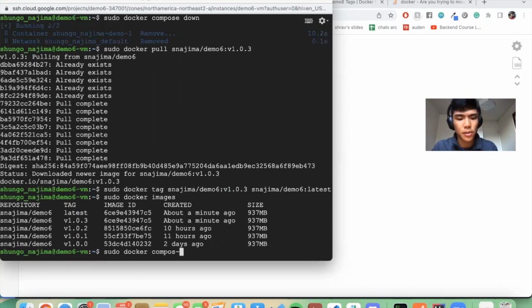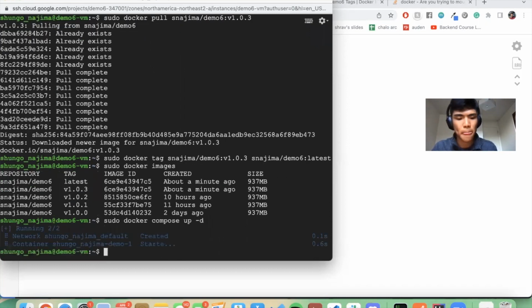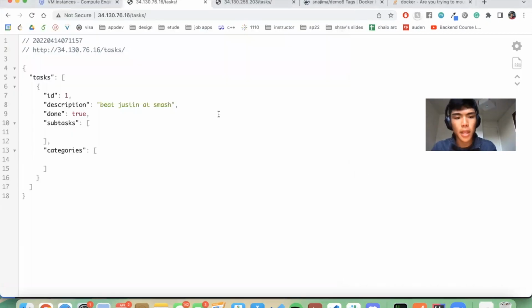docker compose up -d. And now I think I'm going to leave this part in demo where I demonstrated that the data doesn't persist if we have our DB file living inside our container. But now that we have it outside our container, hopefully this task should stay. So let's refresh it and check it out. Amazing, it stayed. So this is how we make sure that data stays persistent through the use of what's called